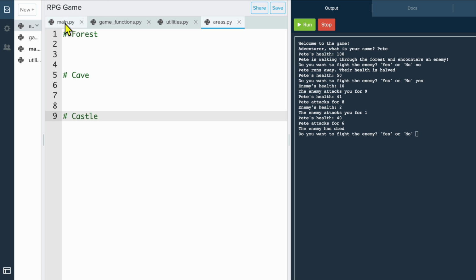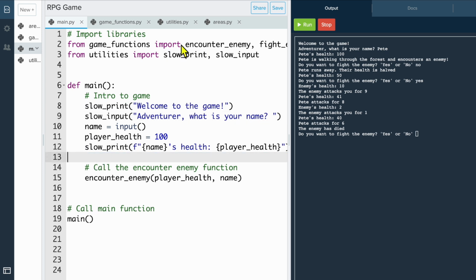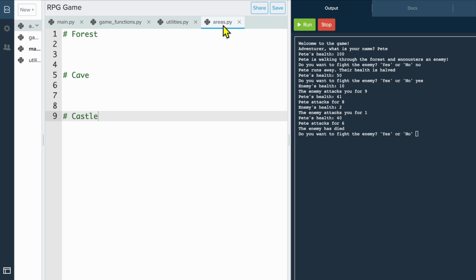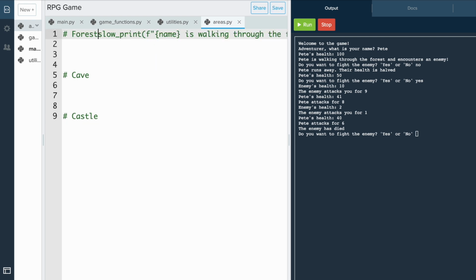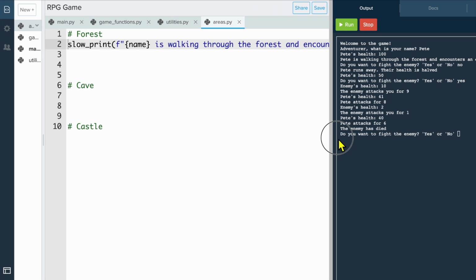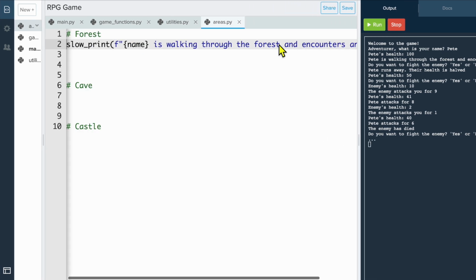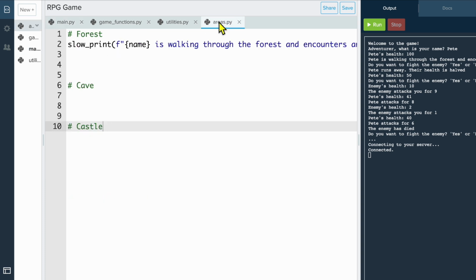Okay, so let me take this out. This is printing the slow print for walking through the forest and encountering an enemy, and I need to take this out of here as well,